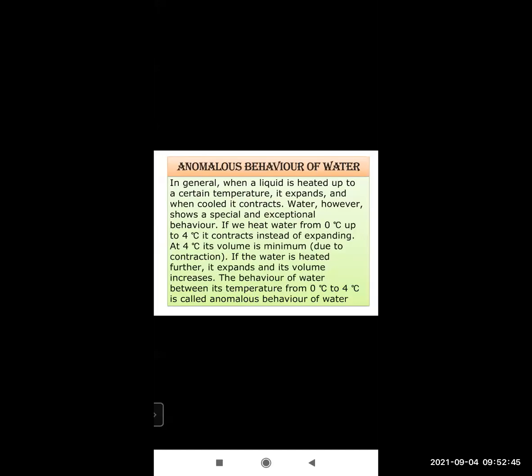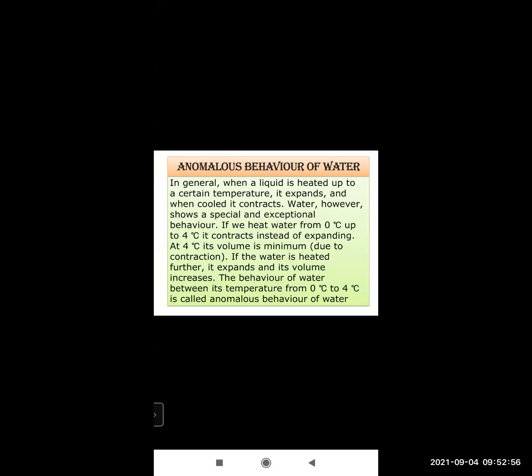Now today, if you see on page number 64, we are going to see the point anomalous behavior of water. So open your textbook, page number 64. We will begin our today's session. Now see,